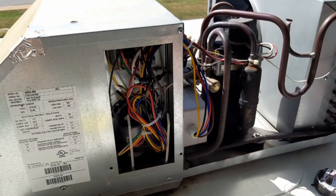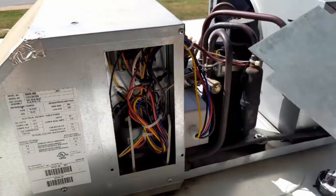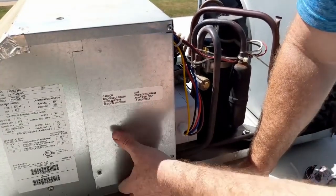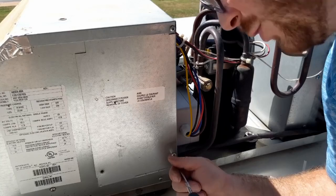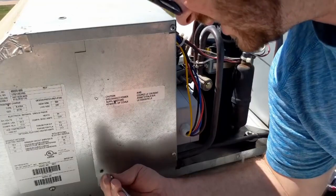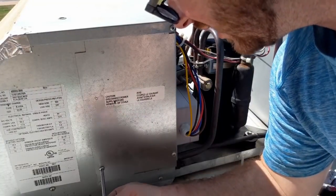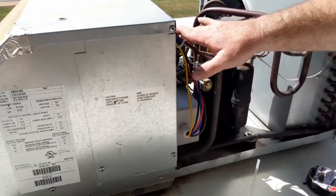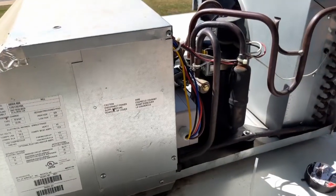So that looks much cleaner, and the next step is to put this plate back on, which after lying in the sun is sizzling hot. Note, don't do this on a day that it's 90 plus degrees. Alright, so we have screwed that back in, everything's connected, looks clean, and the only thing left to do...